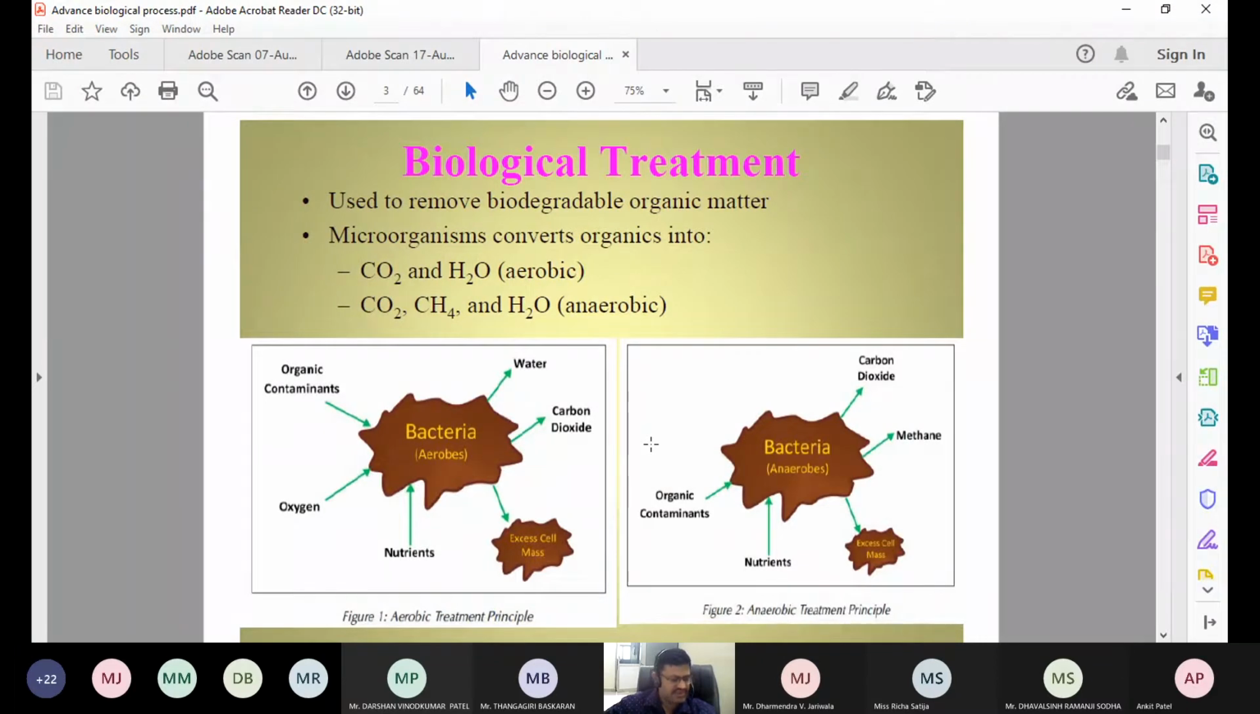Biological treatment generally, first of all we should know the wastewater. What is the wastewater characteristic? So as we know that